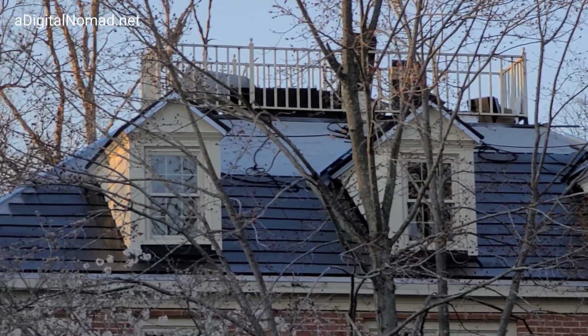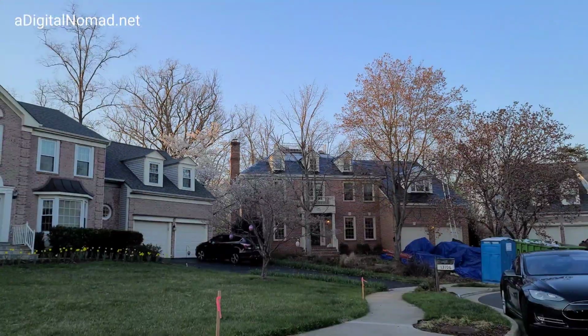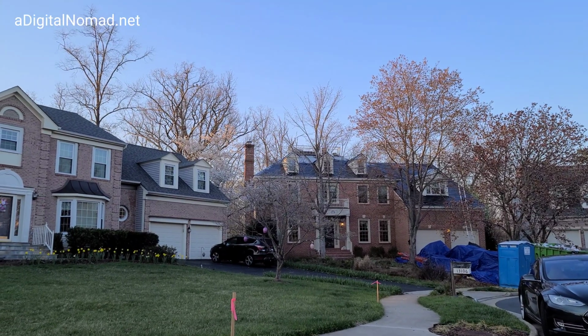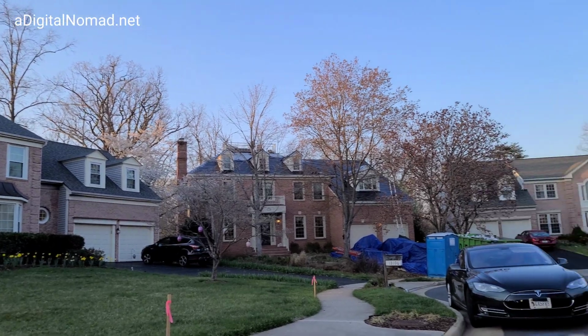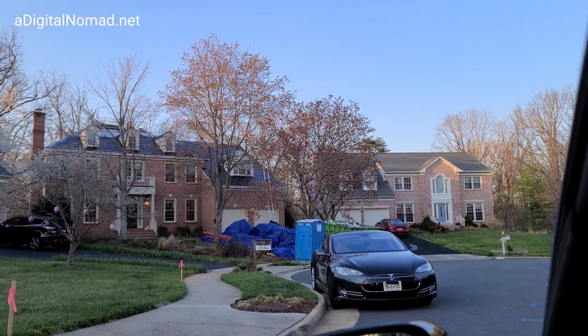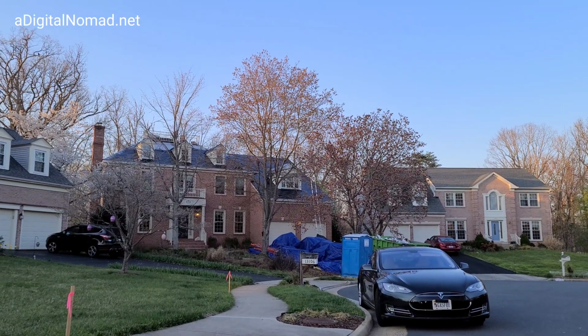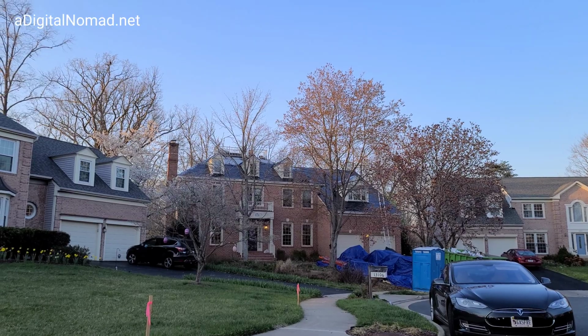Anyway, comment what you think about it. Let me zoom out so you can see it in comparison to the roofs around it. The roofs around it are kind of weathered. There's a little bit of mold on that roof. And then the one next door is a lighter color. But they don't have the sheen. It's more like a gloss finish, where the other roofs are like a matte finish. But you can't expect it to be